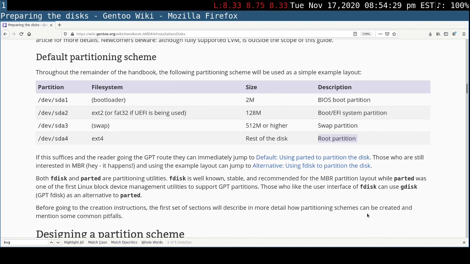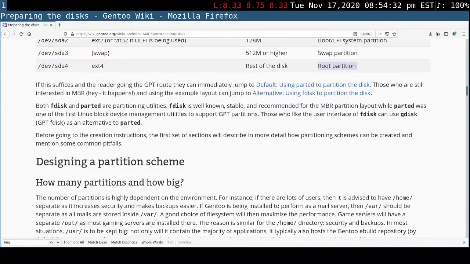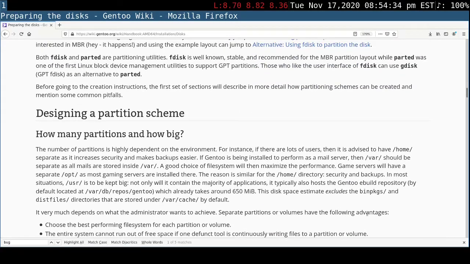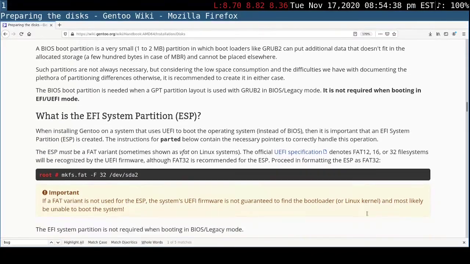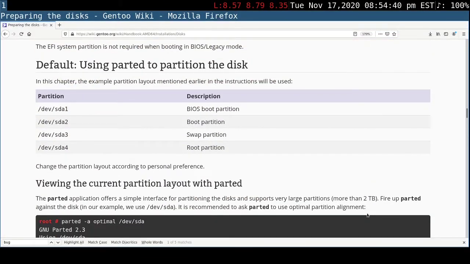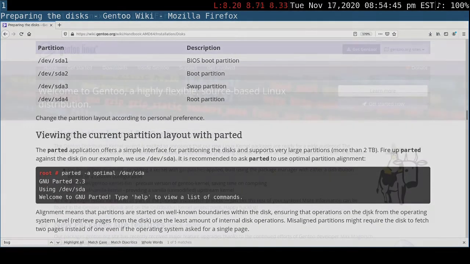What is the BIOS boot? Yeah, we're going to skip all this. Default user partition to disk. All right, so this is going to walk us through all this stuff. I'm going to need some of these commands. All right, so let's go back to